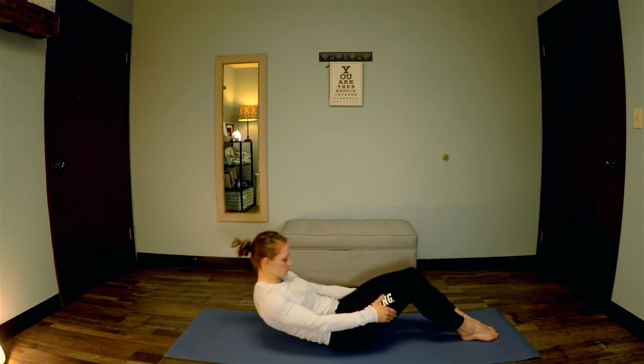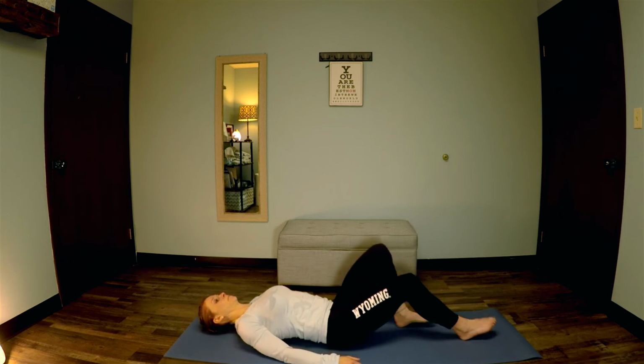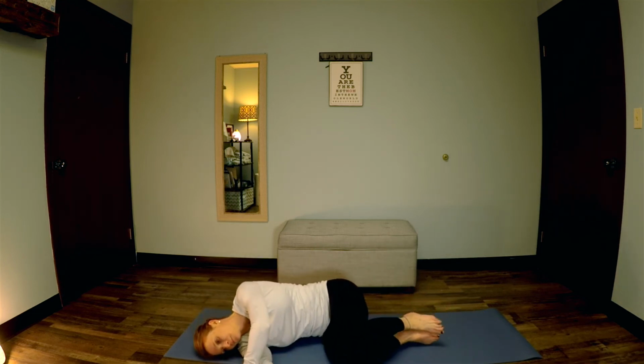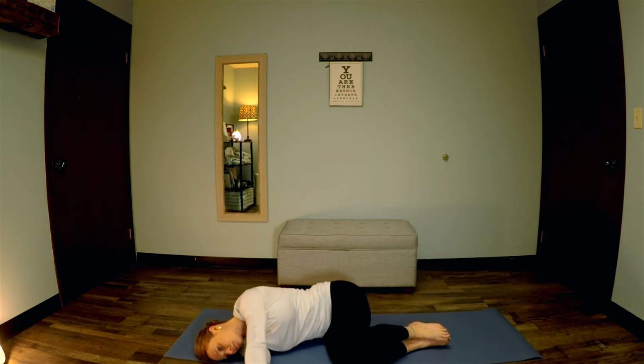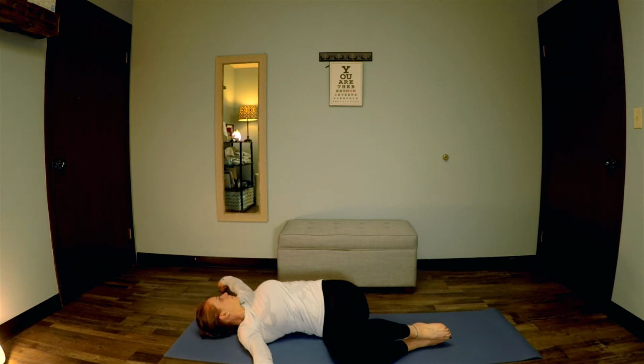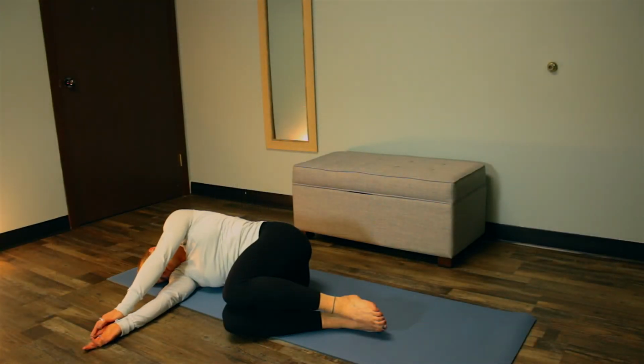Coming to the center of your mat, holding onto the backs of the legs, make your way onto your back, knees are bent, and then rock over to the right side. Left arm on top of right, reaching the left arm up, back, and around, rotating through the upper torso, coming